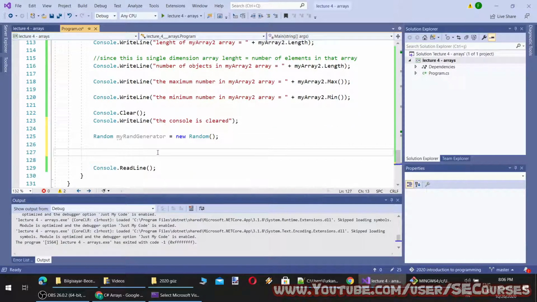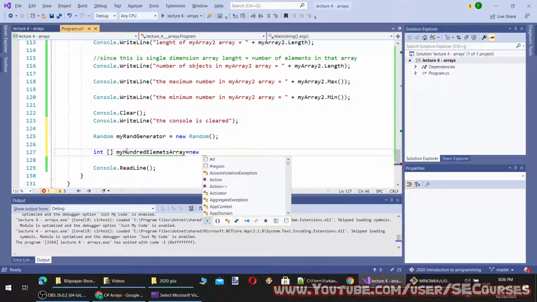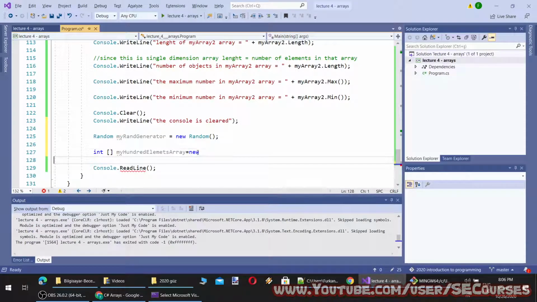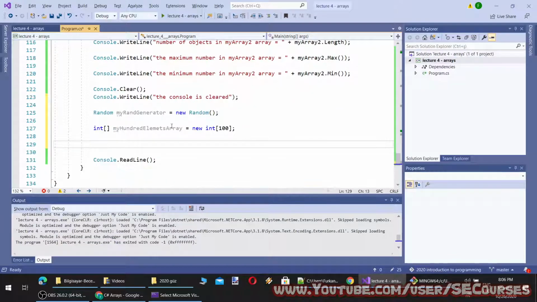Then I am going to define a 100-element array. How am I going to do that? Initialize it with 100. Okay. And this array will have all zeros, right? Let's see it.